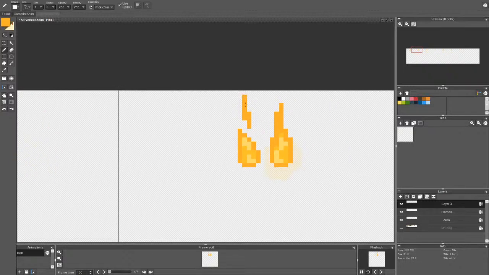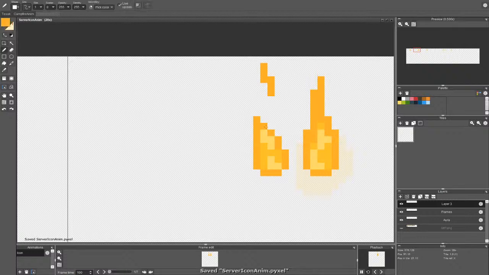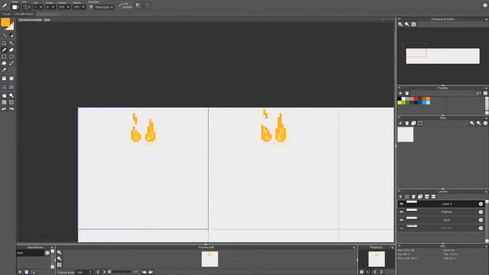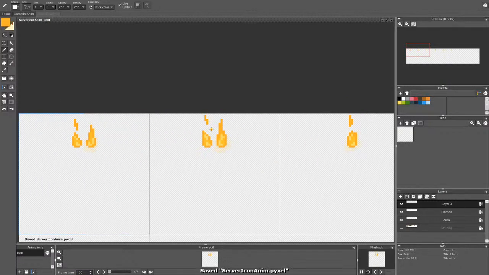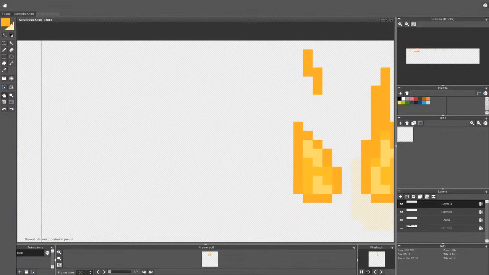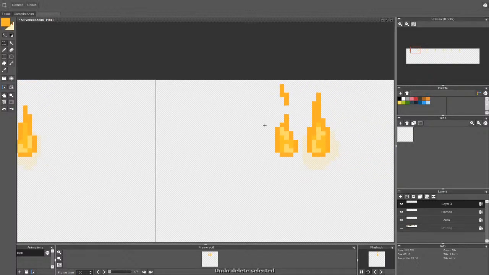The crazy thing is that I've been drawing pixel art for years, and I really mean years. I started more than 10 years ago with pixel art, and I can say that I came a long way, really. I improved a lot through the years, but I can still see people that started like 2 years ago and are far better than me. It's funny. Okay, let's delete. No, let's keep this. Yeah, let's keep this.